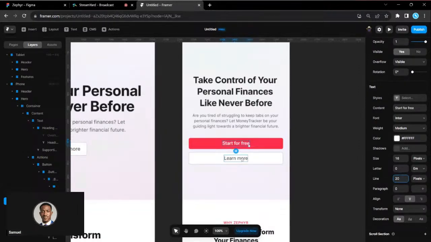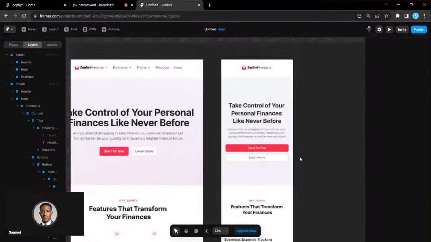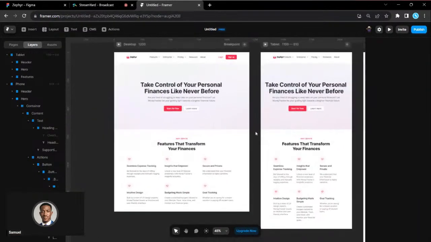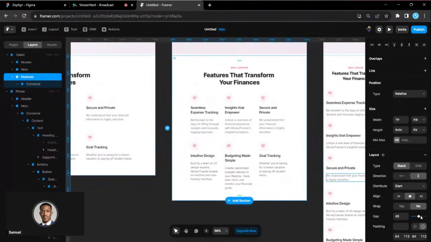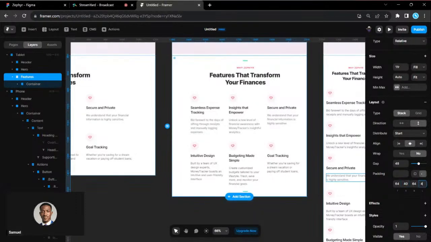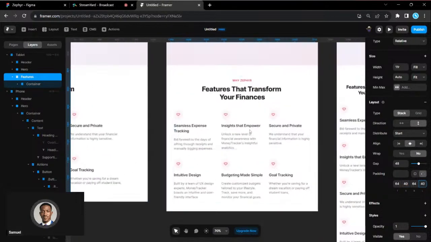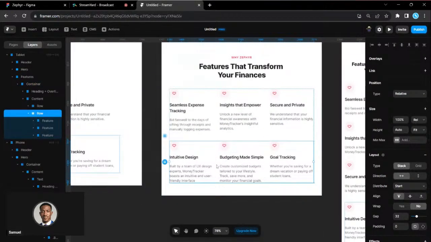So when you're done with creating this, the next thing you need to do is to click publish. Actually, the next thing you should do is to inspect. If you notice, this one has not been worked on, same thing for this one. You can just come here and change the padding. Remember I used 40 earlier for the tablet, so you can also use 40. This is a number I use because I know 40 will look good. You can also play around to find a number that